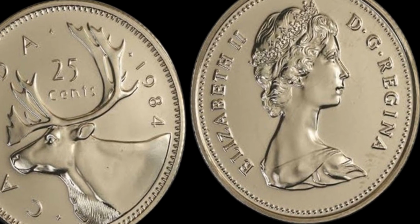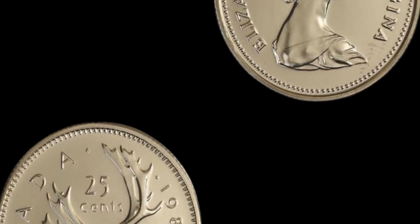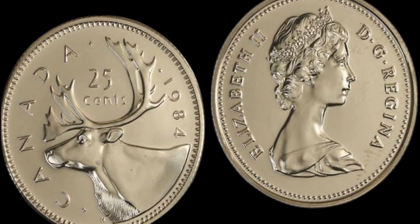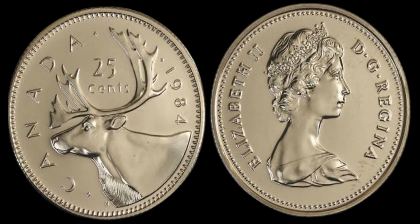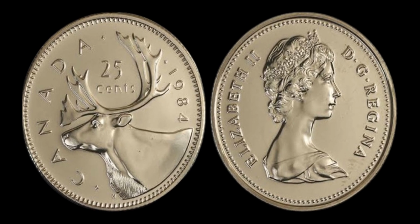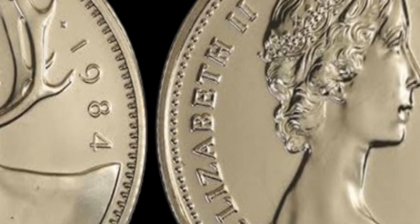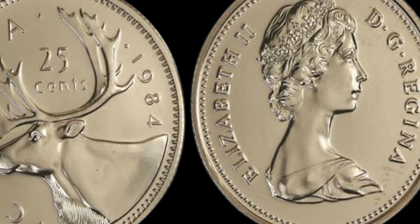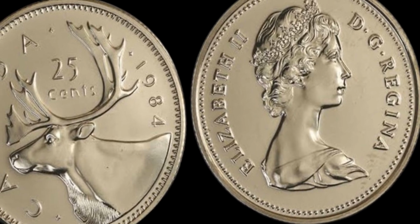The error in the date stamping is what makes this particular coin so valuable, as it is estimated that only a handful of these coins were ever minted before the mistake was caught and corrected. As of now, there are only a few known examples in existence, with the last recorded sale fetching a jaw-dropping $1.6 million at auction. This makes it one of the most valuable and sought-after coins in Canadian numismatic history, and a true crown jewel